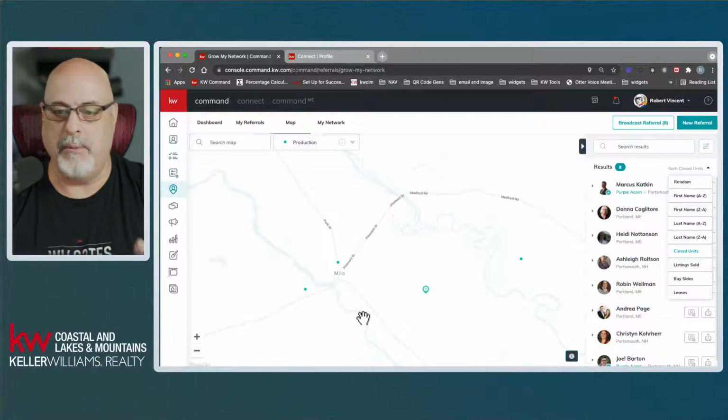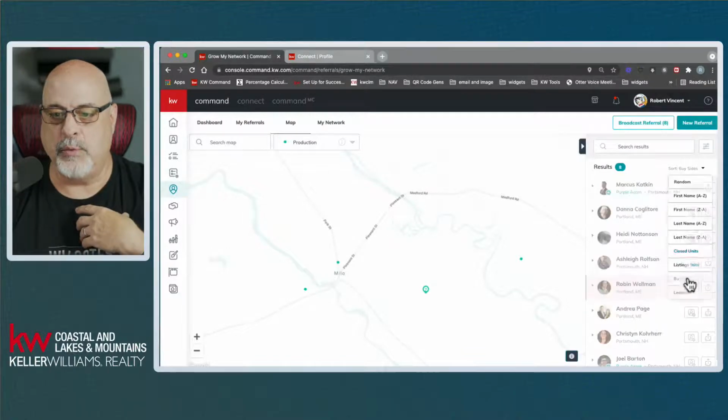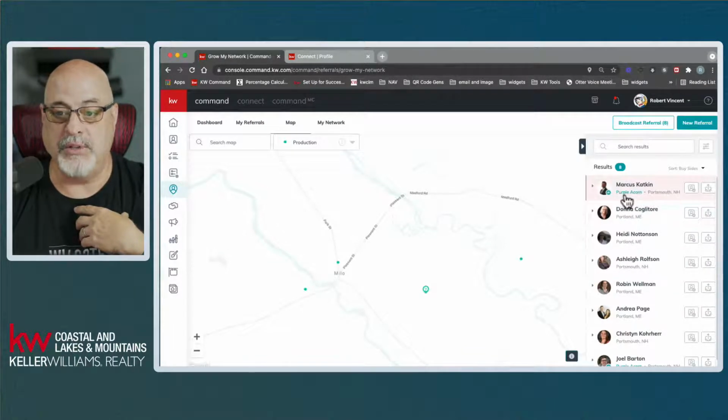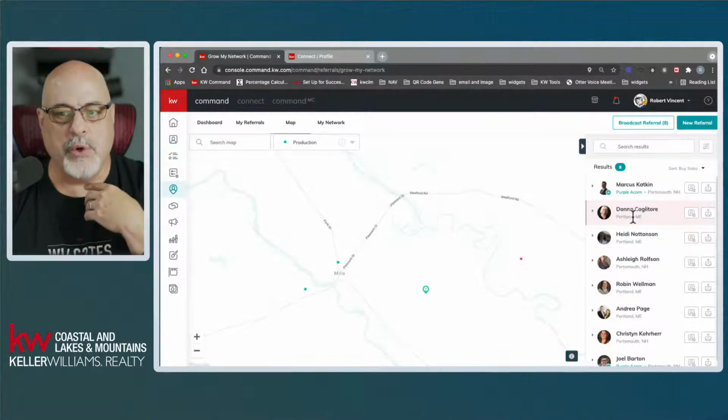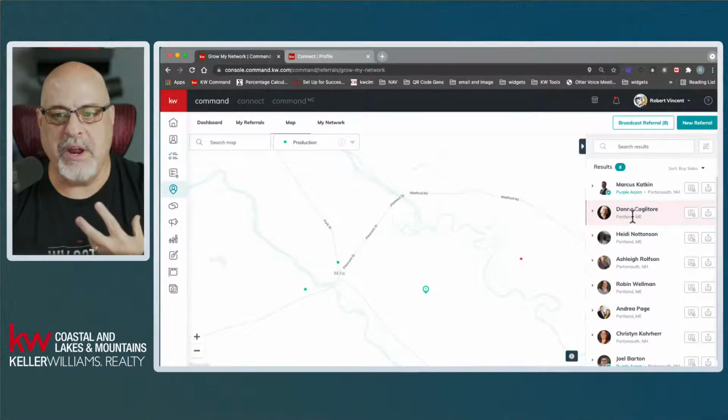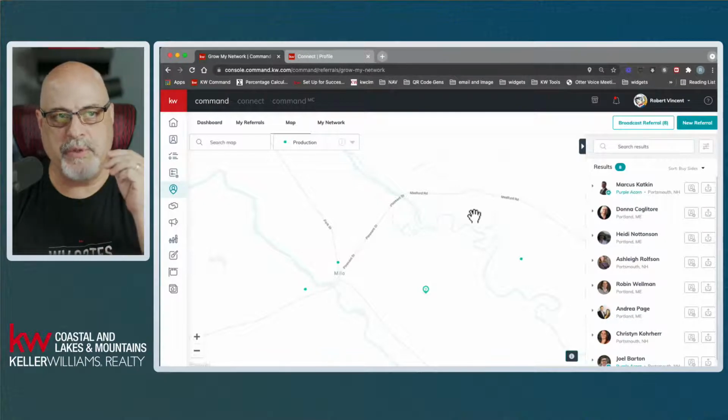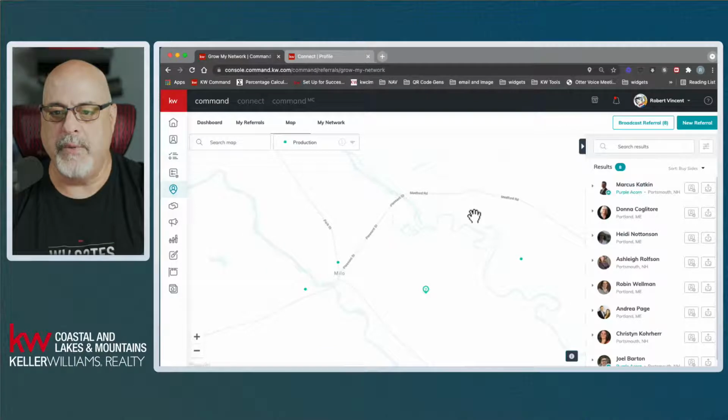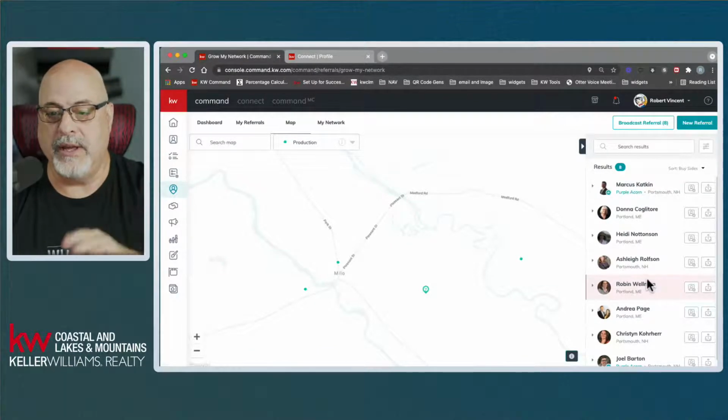So maybe you are looking for a buyer, buy-sides. So let's rank it by buy-sides. And Marcus, again, shows up at the top. Donna shows up at number 2. So this is a great way to use some of the data about each of these agents to find the right one. When you find the right agent that you're looking for, or maybe you're not quite done yet,